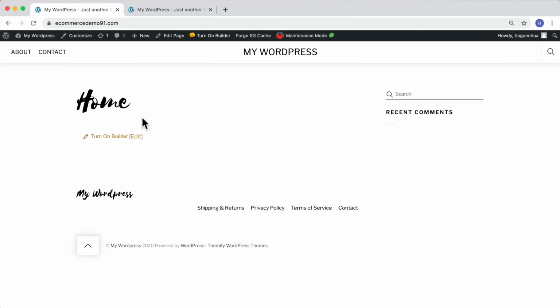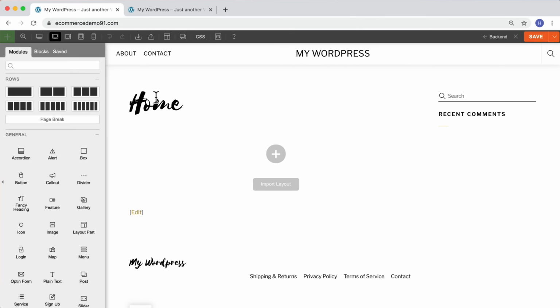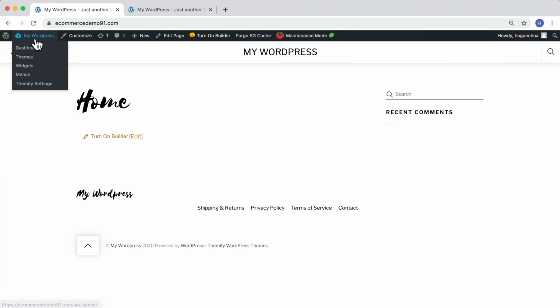What I want to show you now is to set in the layouts of your pages. So as you can see, you've got a title here and you've got a sidebar here. If we turn on the builder now and start building our website, it's going to have our title there and things like that, which isn't good. So we can click on save and let's just close it. So we're going to go back to our dashboard area